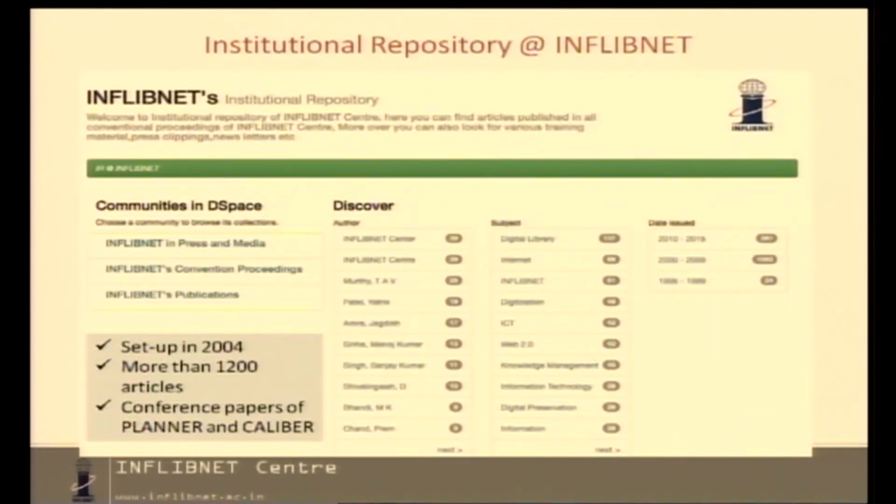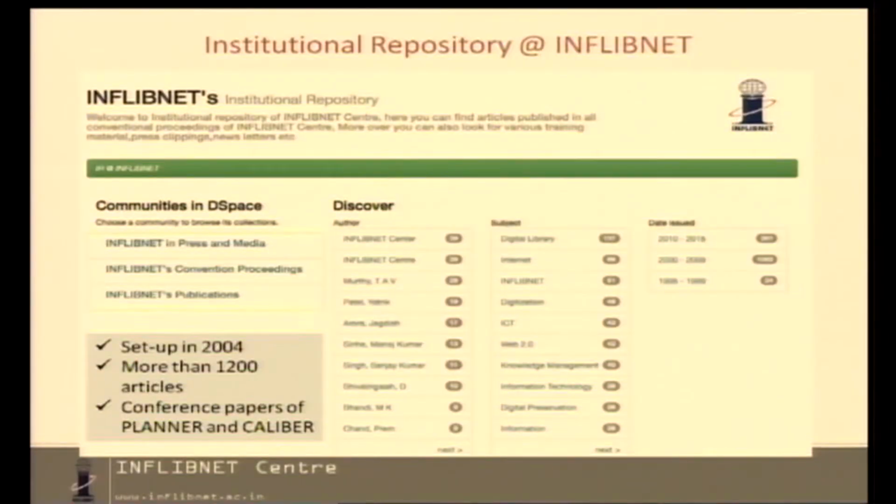Now, coming to the third initiative, the institutional repository at the INFLIBNET Centre, where every article that is written by our scientists and faculty is deposited into the repository, and every article published in our conference proceedings, called Caliber and Planner, which happen biannually, also gets deposited into it.